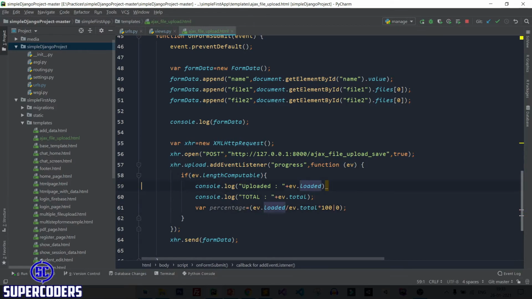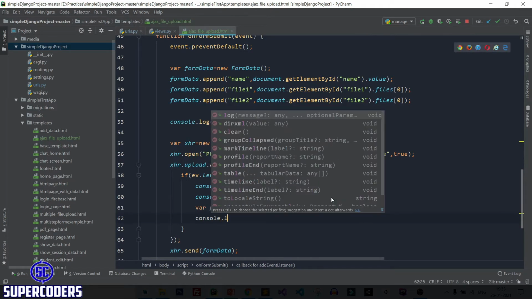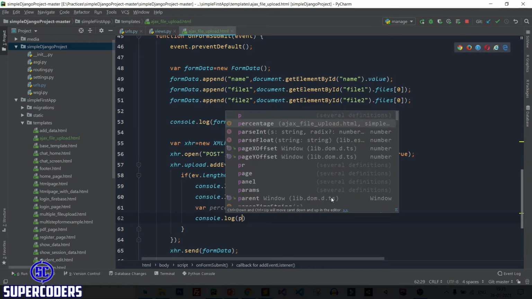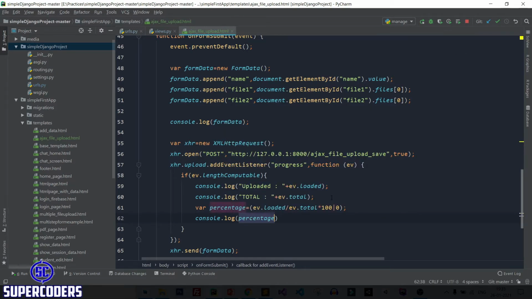After this, a semicolon, and also print the progress. So console.log percentage. Now save it.